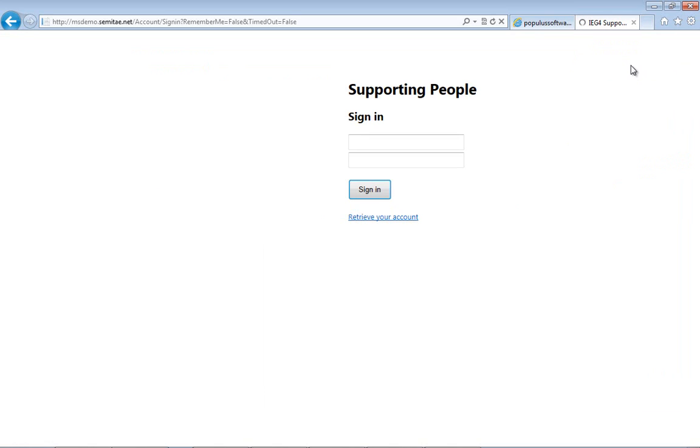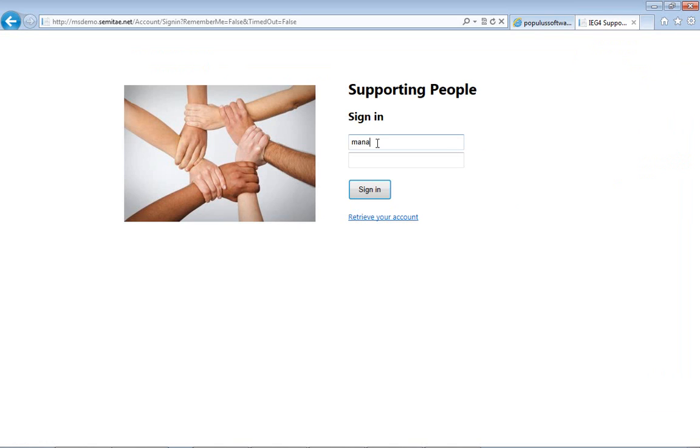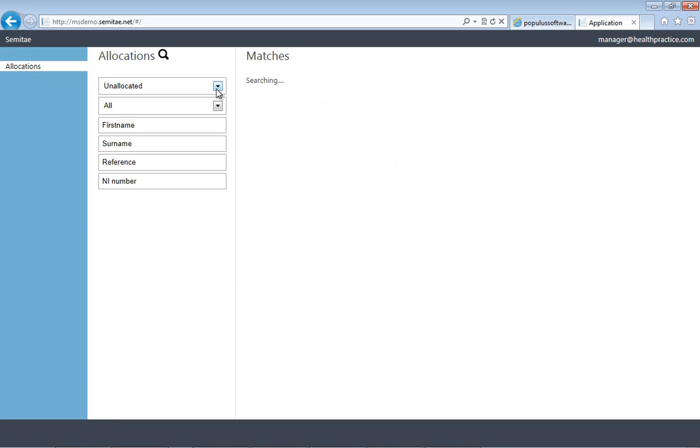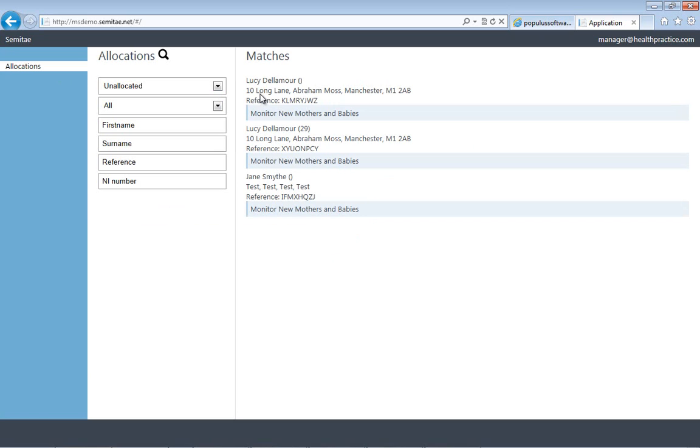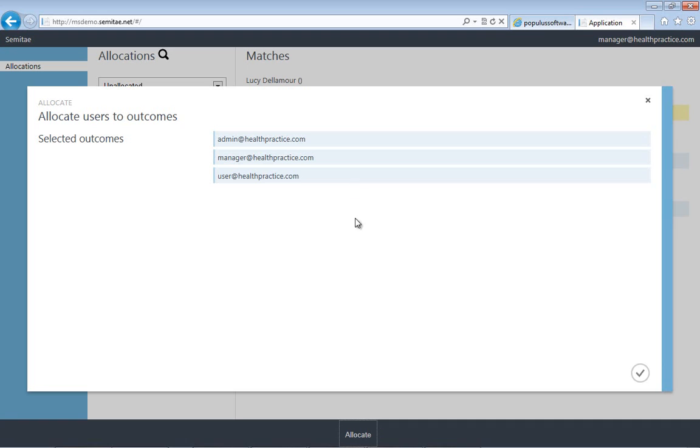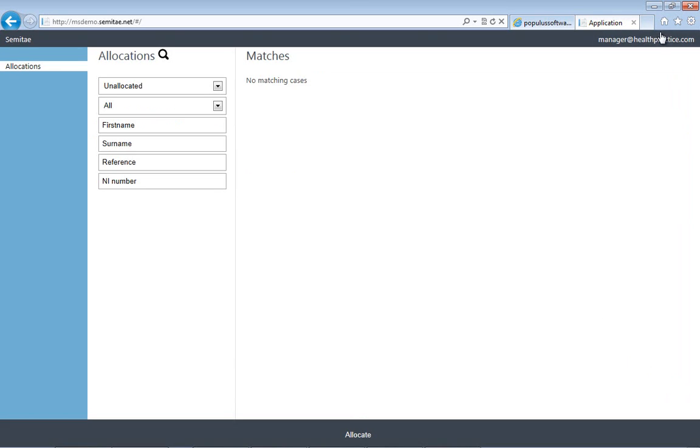Now, agencies can obviously be internal or external. In this case, we're saying that the health practice is a separate agency, and the manager of that health practice is logging in right now so that they can assign a piece of work to a midwife so that they can take it out in the field using the Windows 8 app. So what we're going to do is we're going to assign a piece of work. So we find the case for Lucy Dallinmore, allocate that piece of work to the user, and then once we've done that,